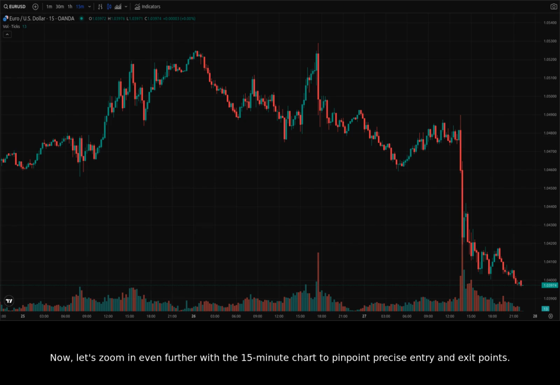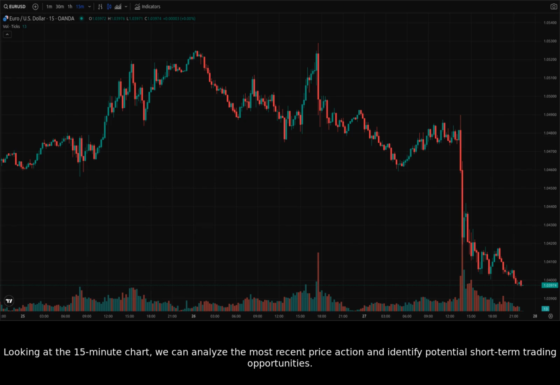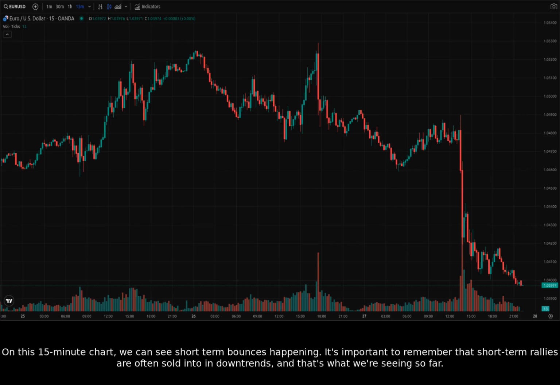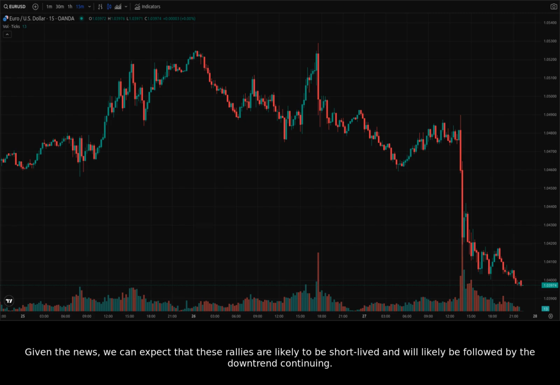Now, let's zoom in even further with the 15-minute chart to pinpoint precise entry and exit points. Looking at the 15-minute chart, we can analyze the most recent price action and identify potential short-term trading opportunities. On this 15-minute chart, we can see short-term bounces happening. It's important to remember that short-term rallies are often sold into in downtrends, and that's what we're seeing so far. Given the news, we can expect that these rallies are likely to be short-lived and will likely be followed by